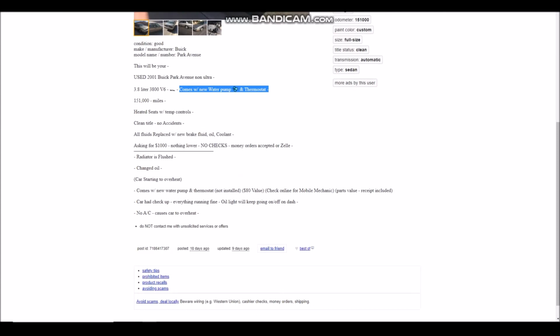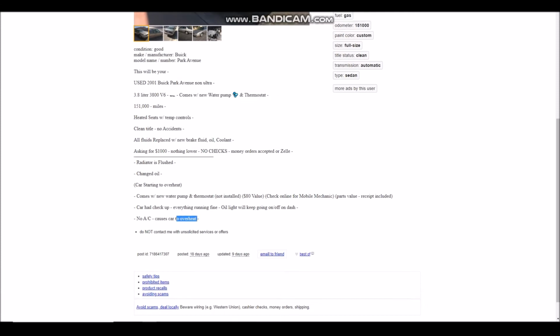So, radiator flush, changed oil, car starting to overheat. All right, that's what we're looking for, right? Comes with the new water pump and thermostat, not installed, $80 value. Car checked up, everything runs fine. Oil light will keep going on and off on the dash. No AC, causes car to overheat. So